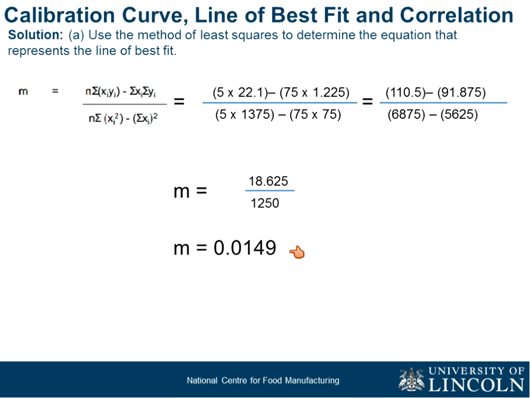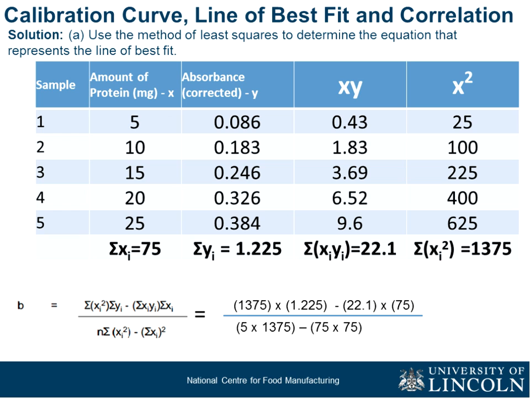Now, you don't need to disturb yourself when you're calculating your B. It is the same table, the same table for your B. It is now summation of X square, and summing them together is 1375. Now, multiply that one by summation Y. Summation Y is this. Okay? So, which is this? Minus, you can see the minus there, summation of X,